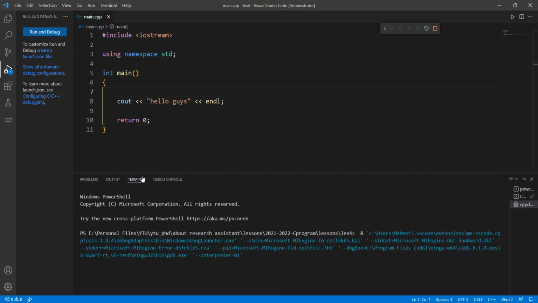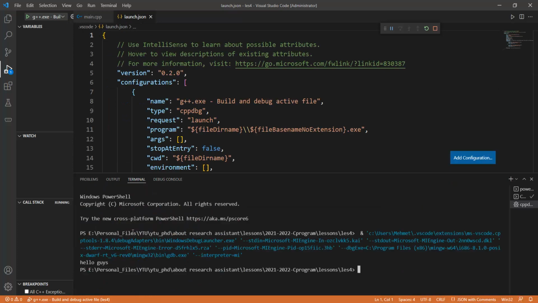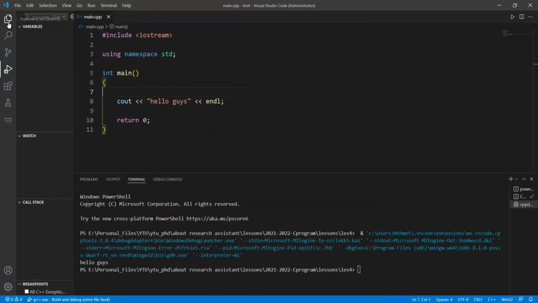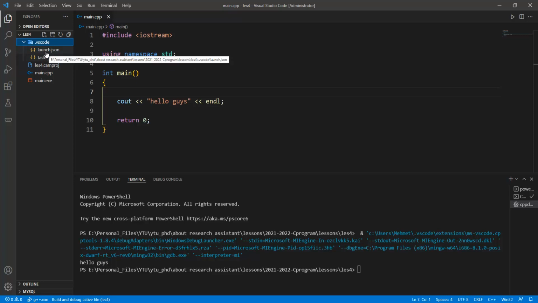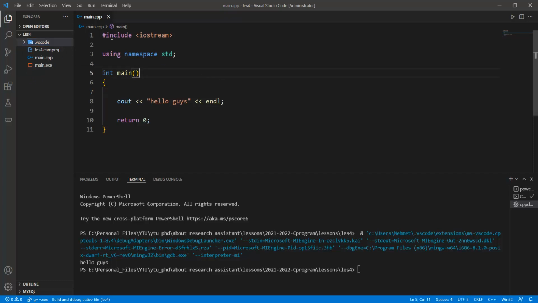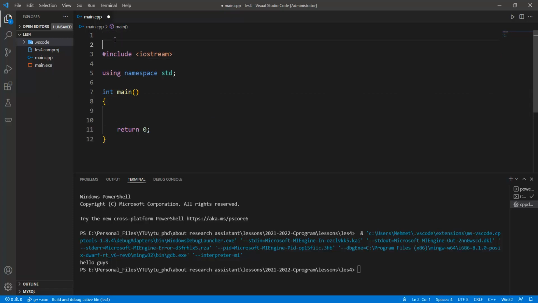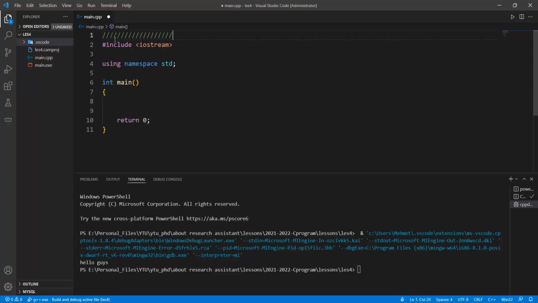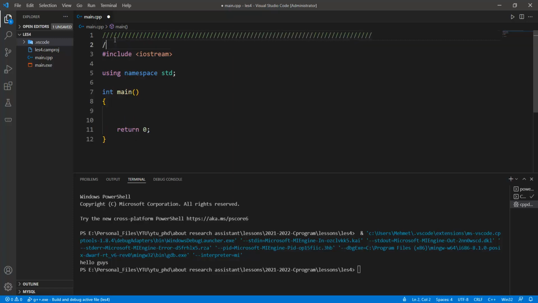the terminal page gives us hello guys. Okay, and we also have the VS Code files here, launch and tasks JSON. Tasks is directly related to the compiler, and launch is directly related to the debugging session of our code. Okay, so firstly this main debugging program,